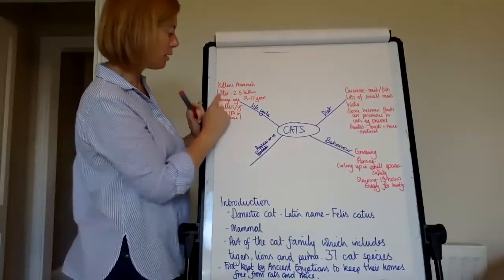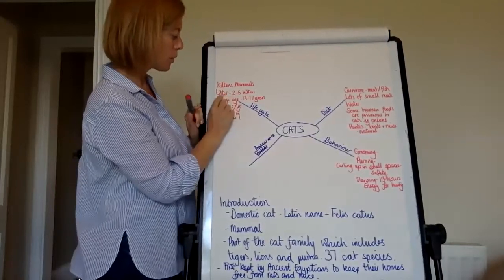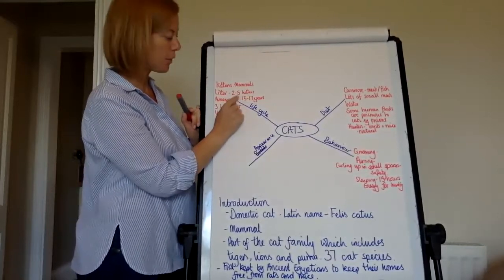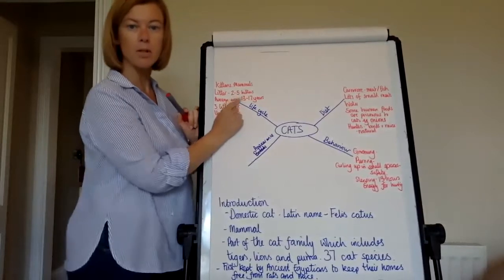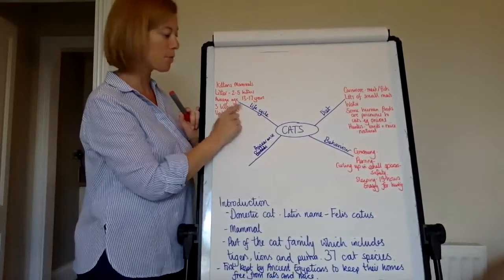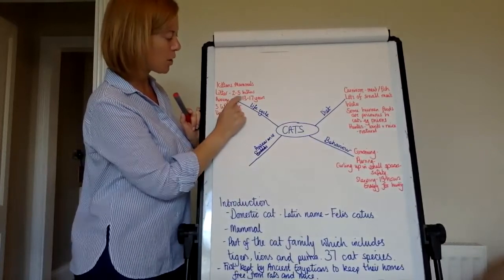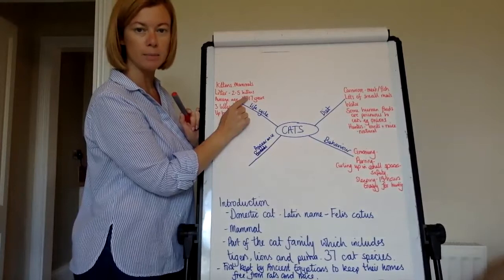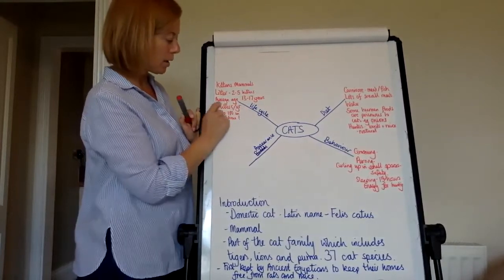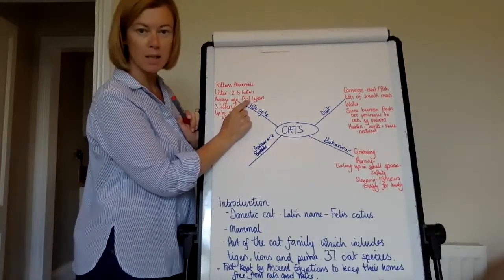A litter, which is the special name given to the group of kittens that are born, could have 2 to 5 kittens in. So if you think most human mothers give birth to 1 baby, unless they have twins or triplets, which is much more unusual. But a cat would have a litter of between 2 and 5 kittens usually, sometimes more, sometimes less. A cat, on average, lives between 13 and 17 years.